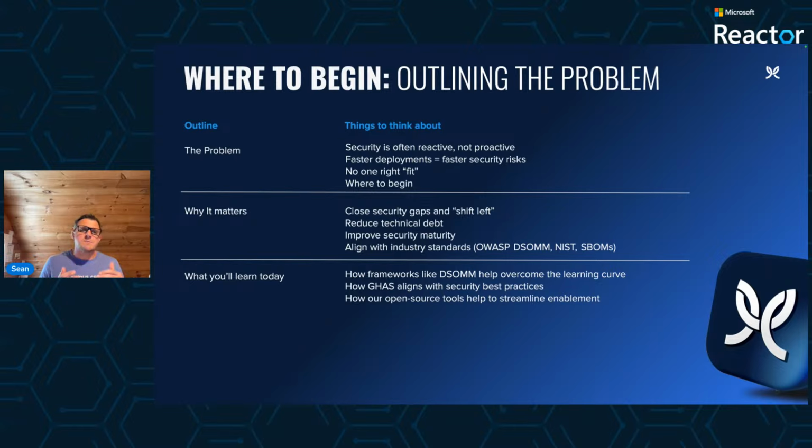Now, why this matters is that security tools like those in GHAS help teams shift left and proactively close security gaps by prioritizing real risks while cutting through noise. This reduces technical debt by fixing vulnerabilities before they compound and ensures that security measures align with business needs by embedding security checks throughout the development lifecycle, where organizations can reduce the risk of security incidents, improve compliance with industry regulations, and build customer trust by demonstrating a strong security posture.